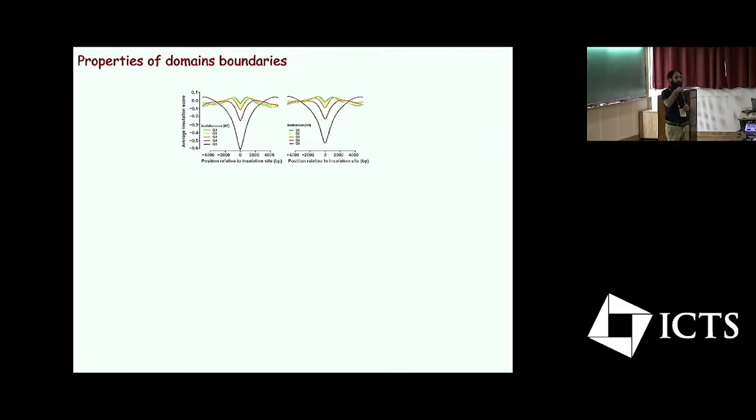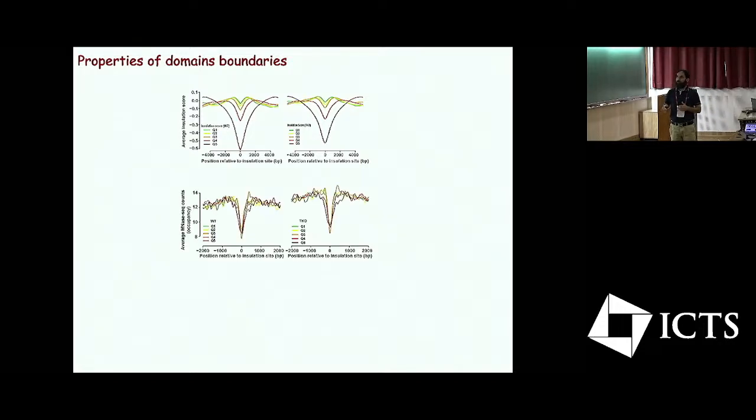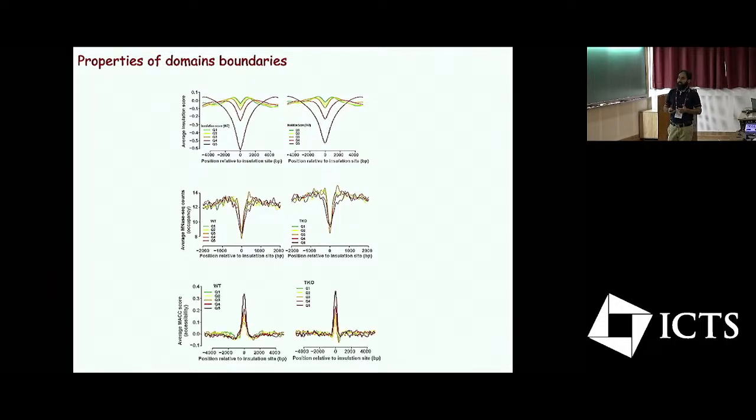So we classified these boundaries based on their strength, okay, from weak to strong. So you look at the occupancy of the nucleosomes, although the depth is the same, it seems that there is a moderate scaling of the width of the nucleosome distribution with the strength of the boundary. So the stronger boundaries have wider nucleosome depleted regions as compared to weaker ones. And what we found is that it excellently scales with the accessibility MAC score, which we determined again from the MNase-seq data. So we also looked with the ATAC-seq, and it looks similar.